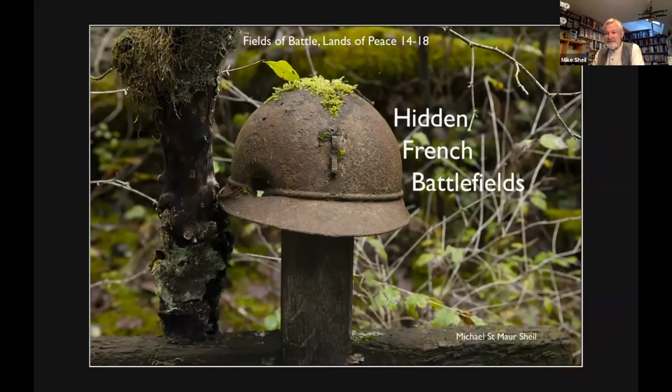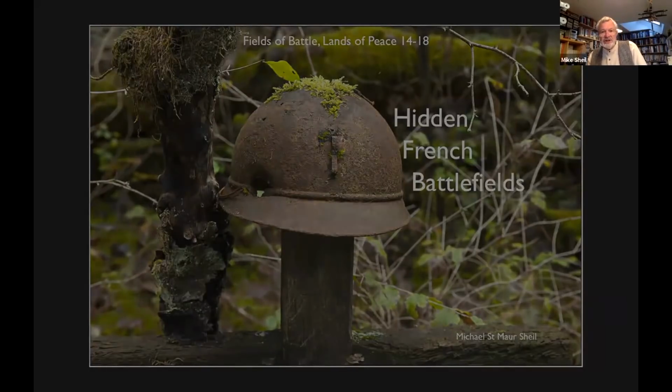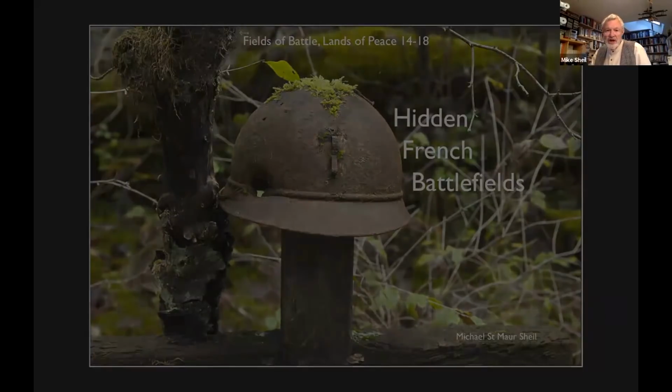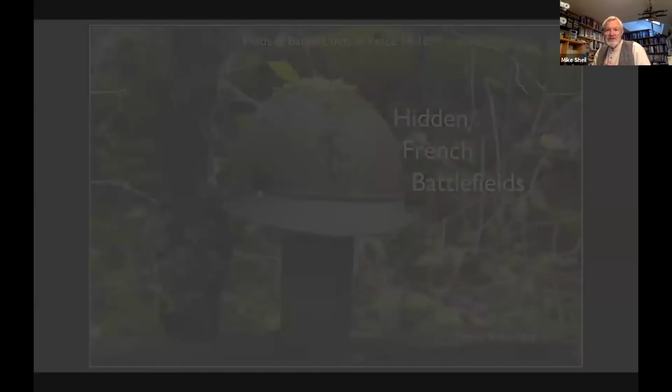Yes, the battlefields of France. I think they tend to get rather ignored very often. I know many members of the Western Front Association are incredibly experienced battlefield tourists, but I think it's true to say British visitors tend to stick to British battlefields, which I can understand to an extent, but I think it's a real shame because we miss out by limiting ourselves purely to the